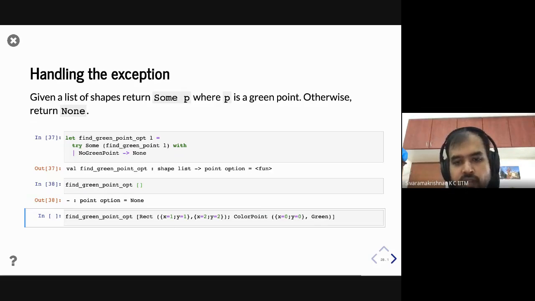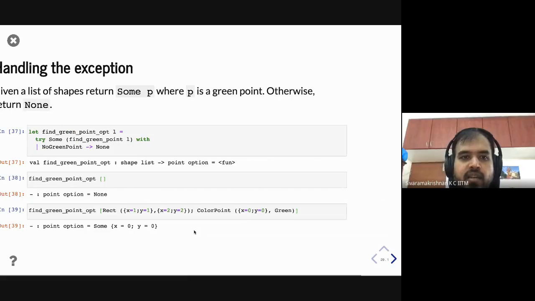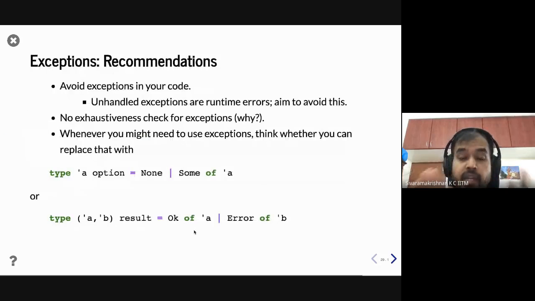Okay, so this returns none, and this returns some x equals 0, y equals 0. This is considered better style, right? And my recommendation in your code is, if possible, avoid exceptions in your code, right? Unhandled exceptions are runtime errors. Aim to avoid this. The whole aim of writing programs in a strongly typed language is to